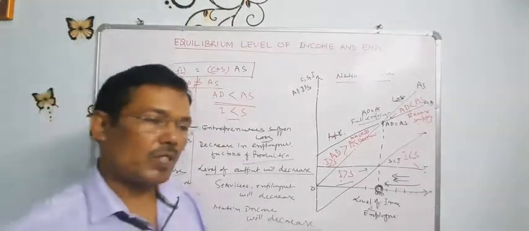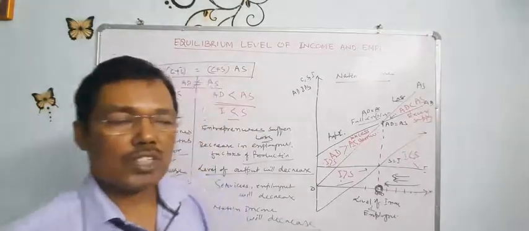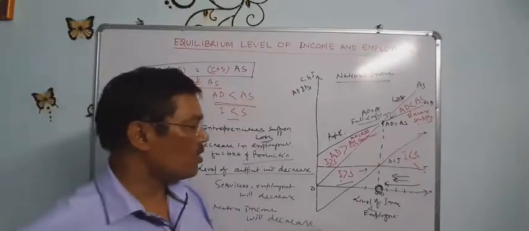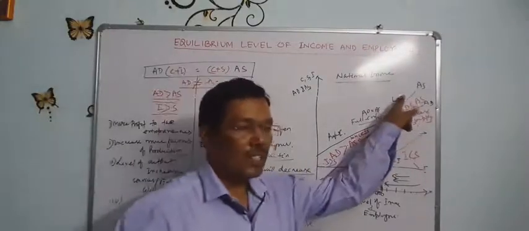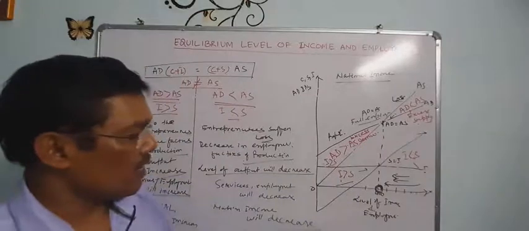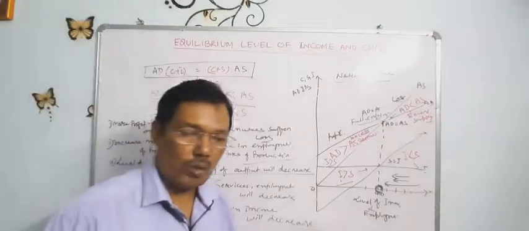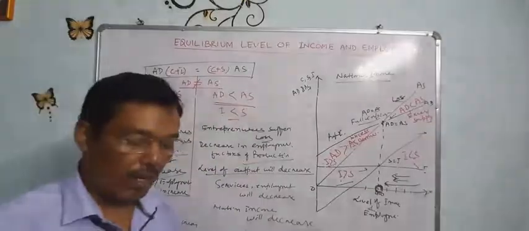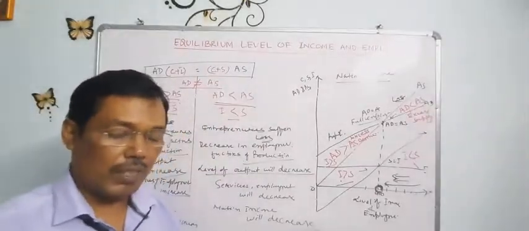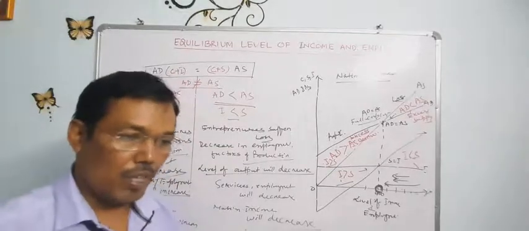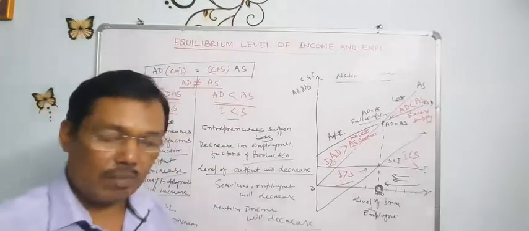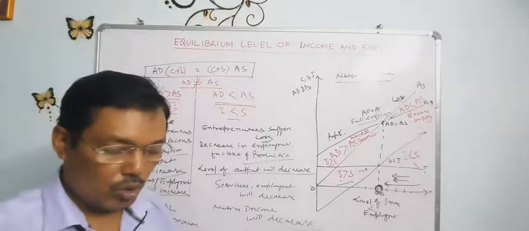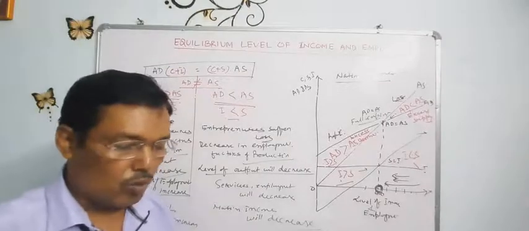So there are different situations of an economy that we will discuss in the next chapter. What situation arises when AD is less than AS, and when AD is greater than AS? But in this chapter we have already known that when AD is greater than AS, that is called excess demand. In case of excess demand, there are more profits and more investments, because investment is more than saving, so there is an increase in employment of factors of production, and an expansion of the level of output of goods and services.